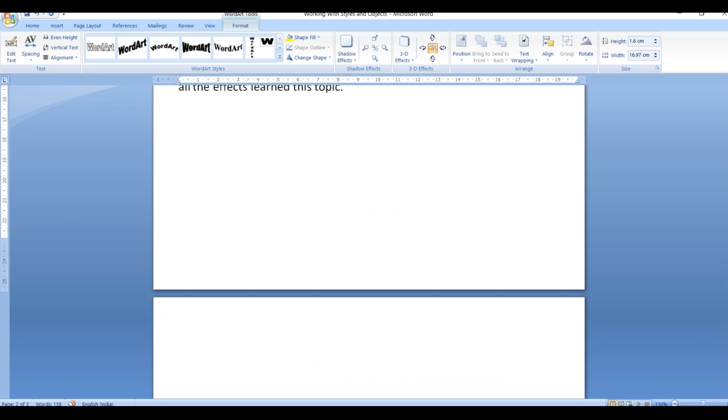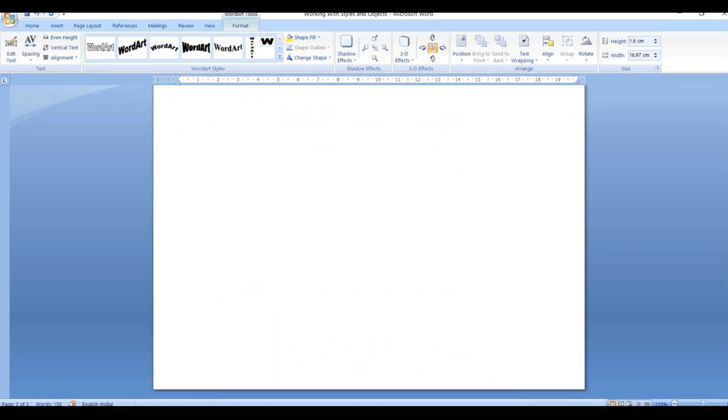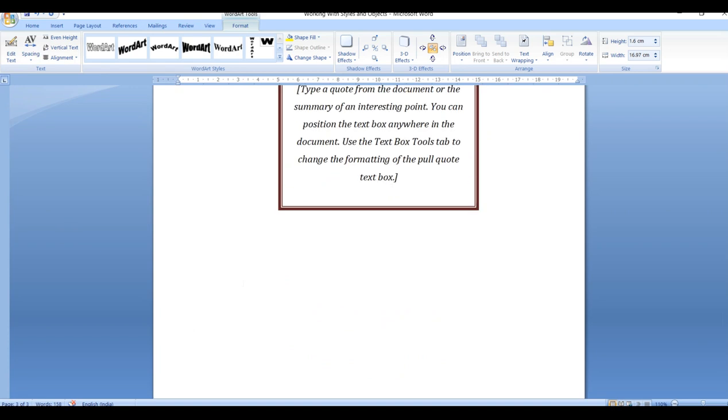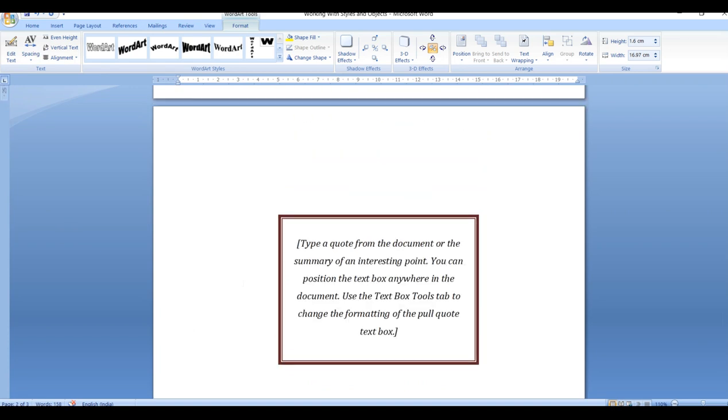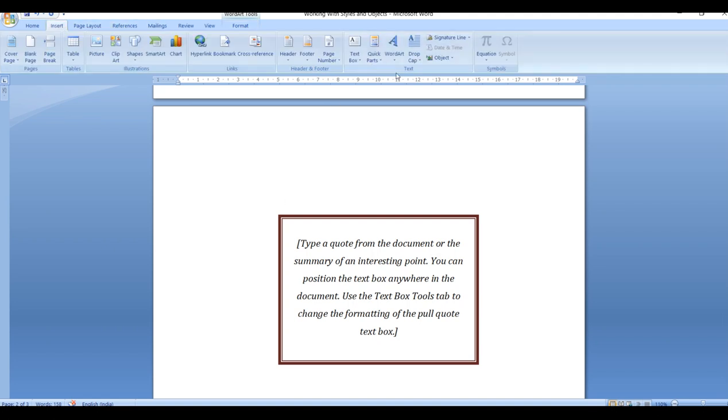Okay, now next is creating a text box. So how to create a text box? Just now I have informed you. So whenever you want to create a text box, how will you go? You will go to the insert option, and in the insert option, in the text group, you are having the text box. So insert, then go to the text group and go to the text box. So this is your way of inserting your text.